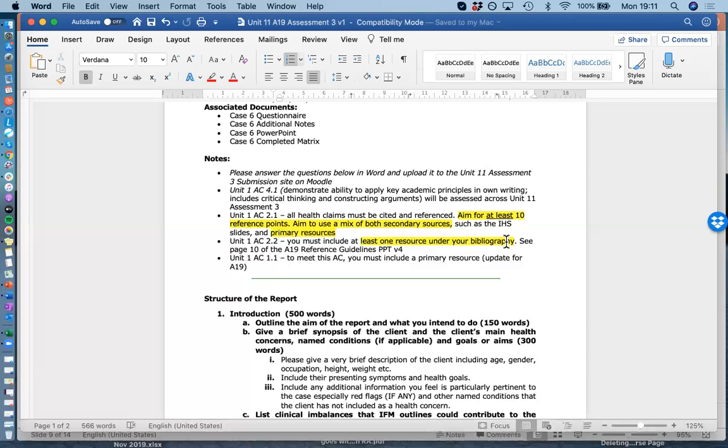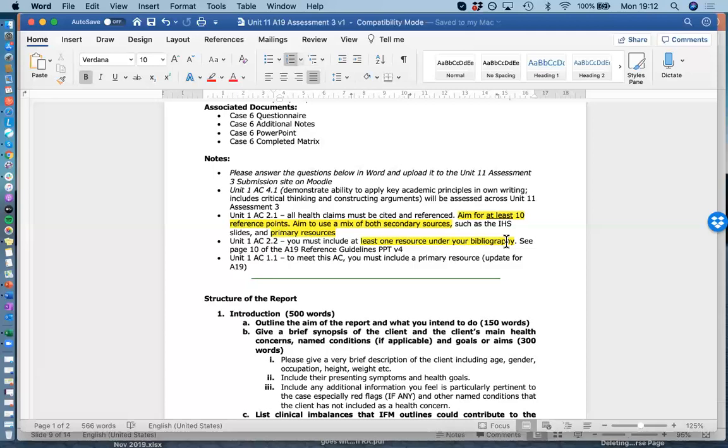For this assessment, your reference list contains all the sources that are cited in the assessment itself, and the bibliography is just any additional resources that weren't cited. And it's good to show readers where you've got your thought process from, or what's influenced your thought process. And in this bibliography, it can be anything from the case 4